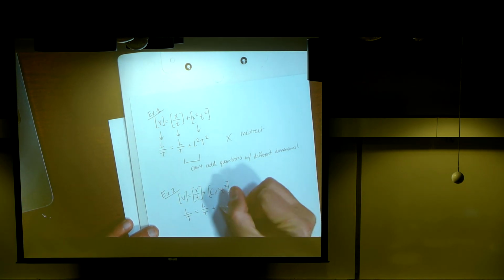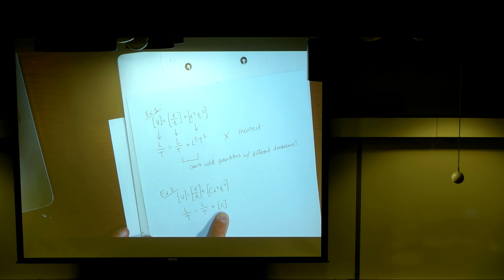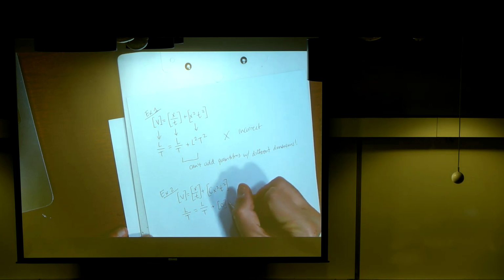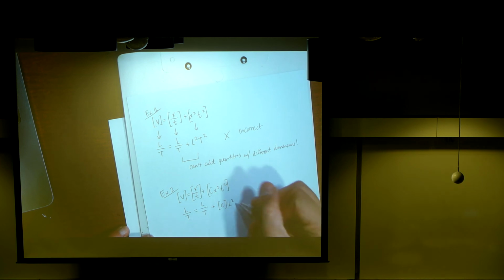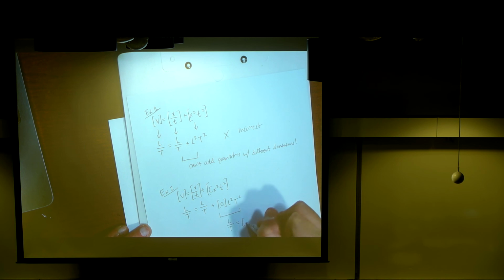Then, I don't know what the dimensions of this thing c actually are, so I'm going to leave that as an unknown. You see how I'm notating this? And then I have x squared, which is a length squared, and I have t squared, which is a time squared. So if I take a look at that last term, do we agree its dimensions have to be length over time for this to work out? Because if I'm going to add a length over time to something, it better be another length over time, okay? See what I'm saying? So this whole thing better have dimensions of length over time, so the dimensions of c times length squared times time squared